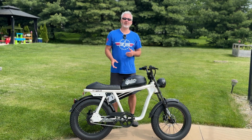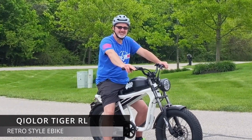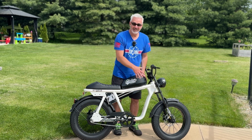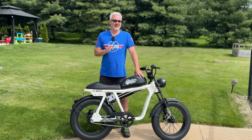In today's video, I'm going to take a look at the Qiolor Tiger RL e-bike. Now this one right here is a really cool retro style, moped style e-bike. I really like the look of this, and this is actually the battery right here. It looks like a gas can, so this definitely is catering towards those that are looking for kind of a